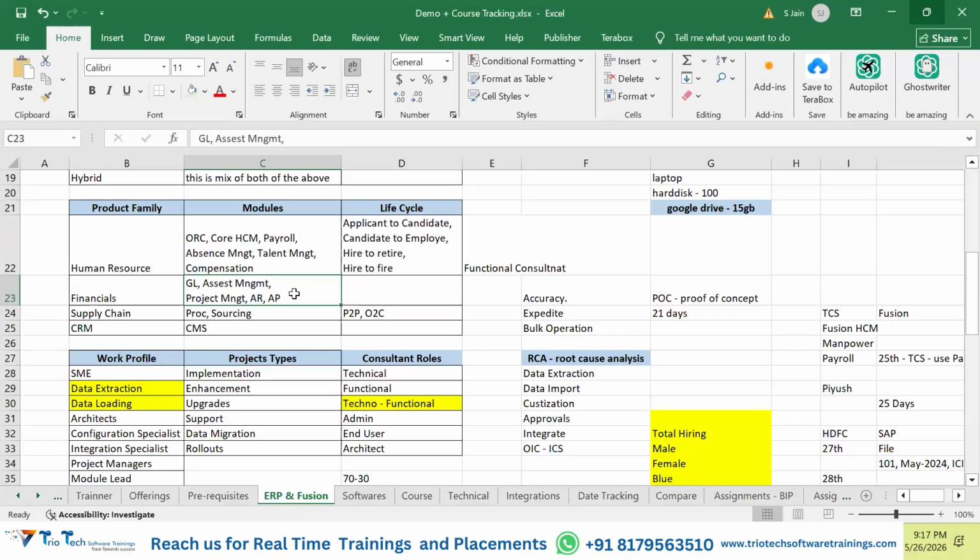So guys, do become a fusion technical person. Do we need to, this course is only for human capital technical, financial technical, supply chain technical? No, this is a complete fusion technical course. It doesn't matter whether the report is to be built for getting data about absence management or payroll or general ledger or sourcing. It doesn't matter. The tools and techniques and the learning base is the same, that is common. It's only the tables that will differ, the criteria will differ,